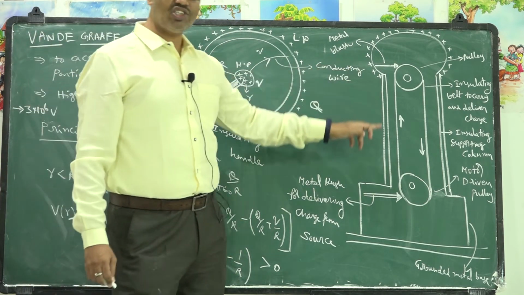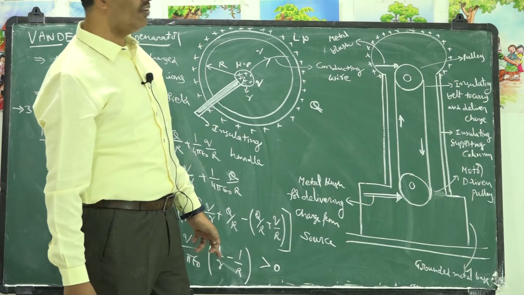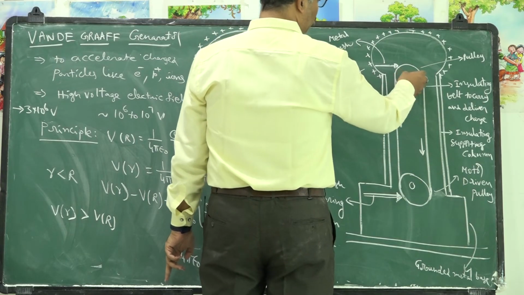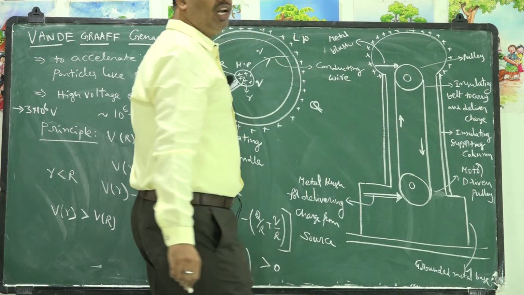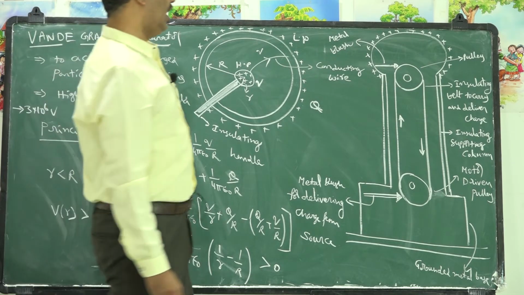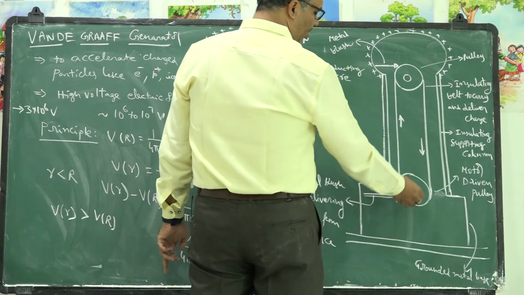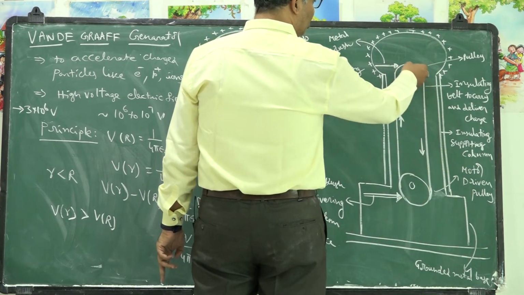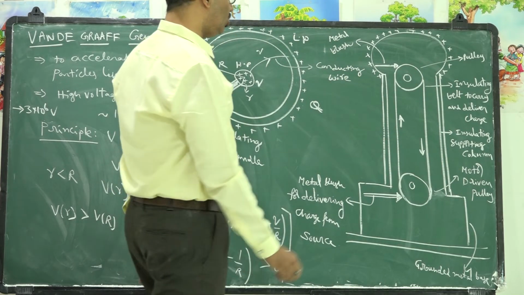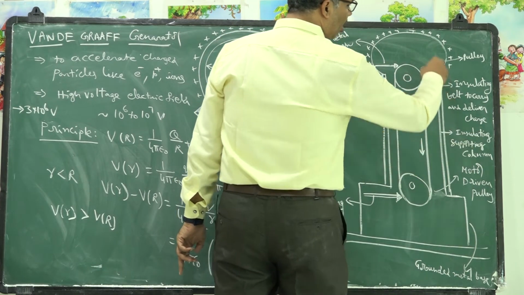This is the actual construction of the Van de Graaff generator. In the Van de Graaff generator, we have different parts. What is the first part? There are 2 pulleys. These 2 pulleys are joined by an insulating belt, like silk cloth or rubber sheet, which we are taking as the belt material, and this pulley is a motor driven pulley. As this pulley is rotating, obviously this pulley also gets rotated. These 2 pulleys are protected by an insulating supporting column like this.